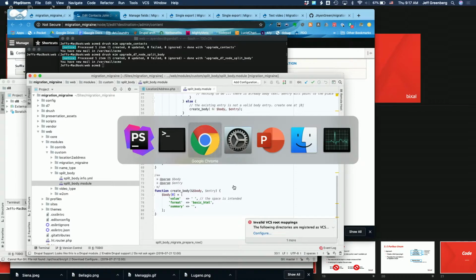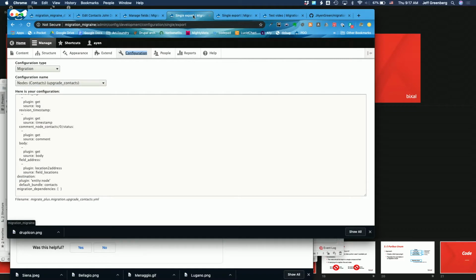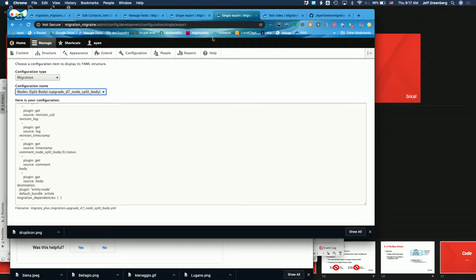I did promise to show the script, so let me go back and do that. This was the first one, and you see down in the field address, which is where we were moving the location data to, we called the plugin that we had, location to address. So that's what invoked the plugin that took the location data and stuffed it into the address field. In the case of the current example,